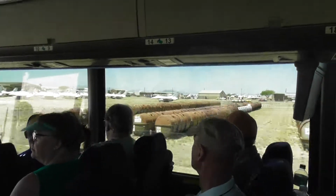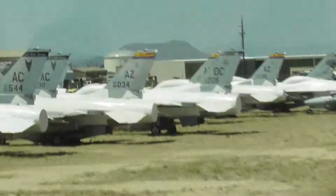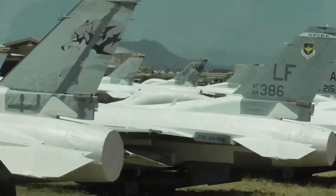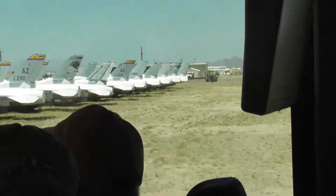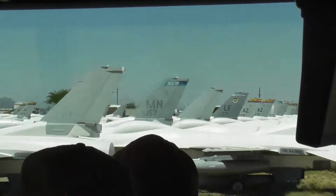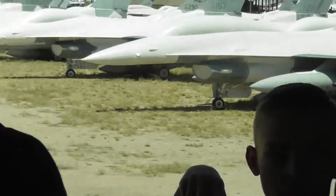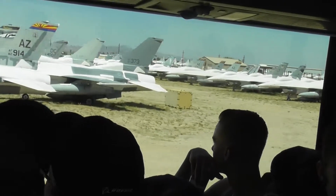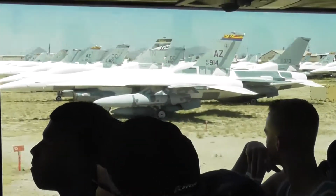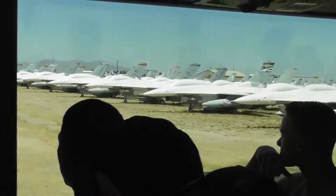Over here on the right are F-16s with some air guard locations on the tails. They're early models, mid to early 80s. Still got some life left in the airframes. They're going to be target drones. Ultimately, they'll be shot down over the Gulf of Mexico. And to do that, we get them back in the air down here across the road. And once they are flown and tested and up to speed, they'll go down to Boeing aircraft in Jacksonville, Florida, where they'll put a remote package